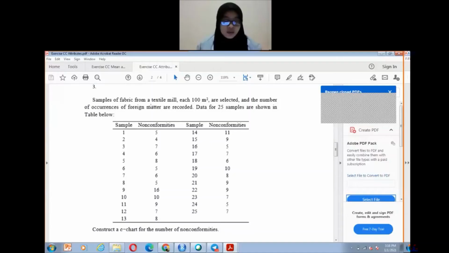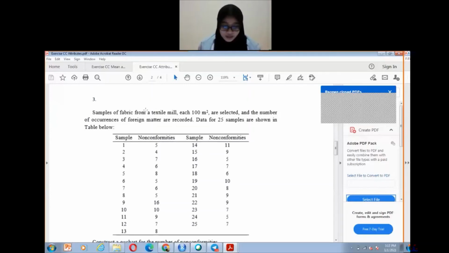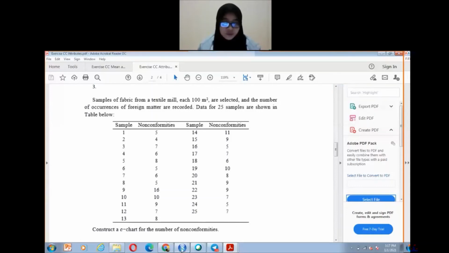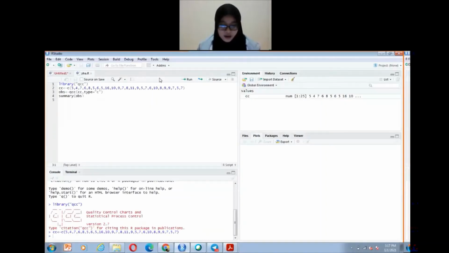Assalamualaikum and hello. Okay, my question is number 3. Samples of fabric from a textile mill, each 100, are selected, and the number of pieces of foreign metal are recorded. Data for 25 samples are shown in the table below. So the question is to construct a C chart for the number of non-conformities. Okay, and I use R Studio to solve this problem, and I install the library package in this programming, QCC,